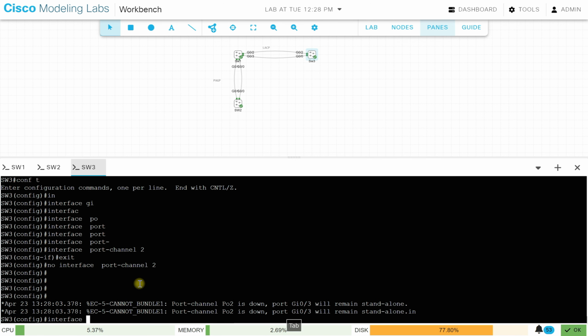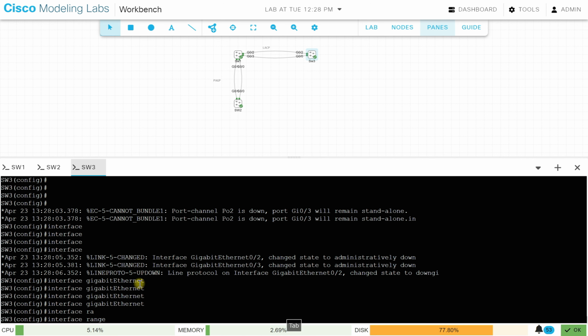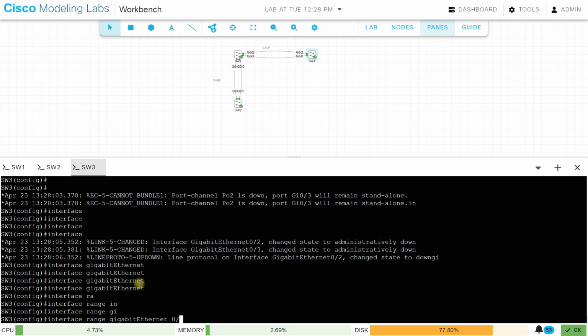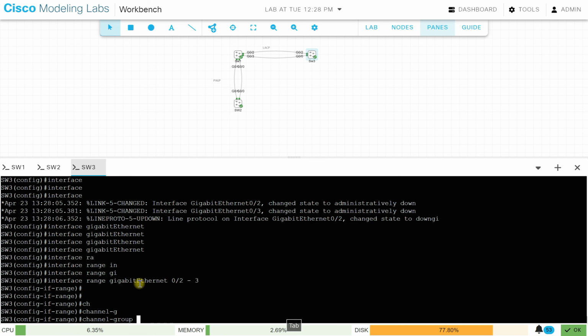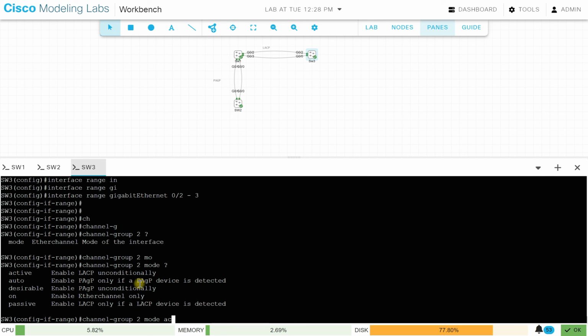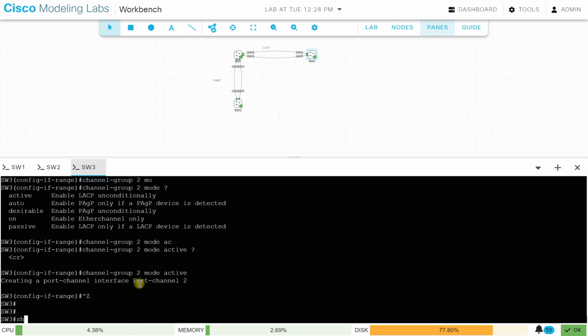So interface range gig 0/2 and 3, channel group again 2 mode active. It comes up. Show